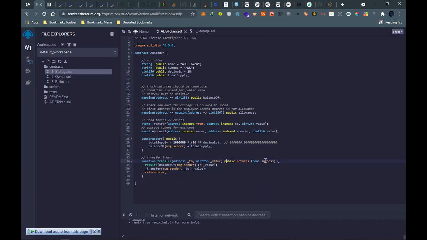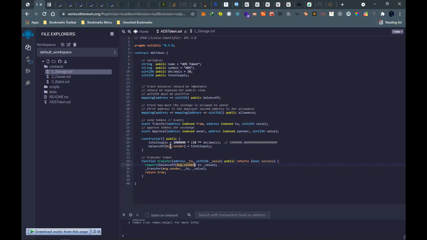So true or false. And then you have to require the balance of the sender, the one who is sending. It's in an array because we have a lot of addresses that may have a balance of this particular token, like our ADS token.